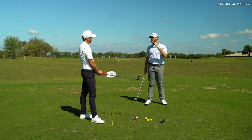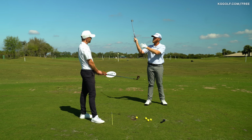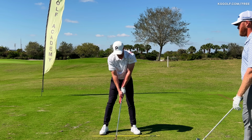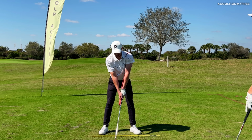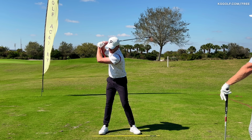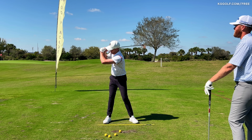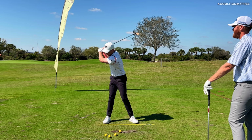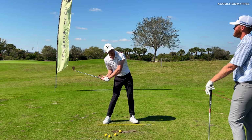So if you're having that stuck feeling, there's probably something you're doing with your radius that you're not managing well. Let's quickly talk about those two. First of all, let's talk about an overswing. The overswing is generally because the arms have lost structure, and you can see how that's going to be loose. For higher level golfers, the term stuck would be when this gets too loose, the arms get high,